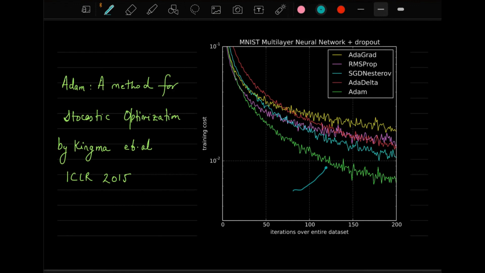This figure I have taken from this paper. If you want to study Adam, then you can look at this paper. It's from ICLR, one of the famous conferences in the area of machine learning. This paper was published in 2015, and you can see I have taken this image from there, and you can see how they came up with Adam. Anyhow, I gave you the high-level overview of the concept of Adam and how it is obtained.